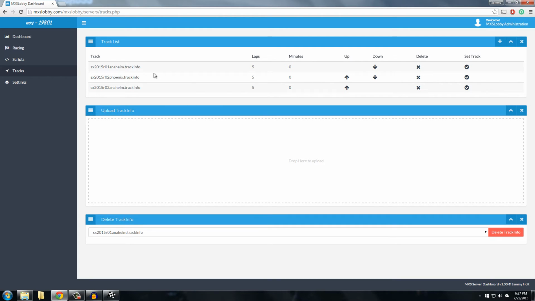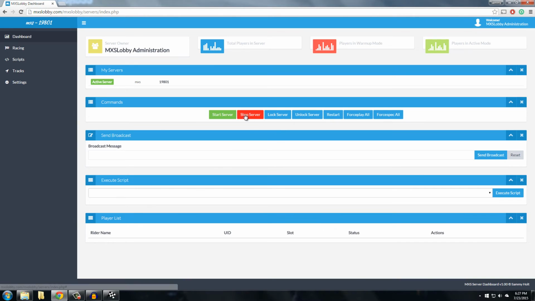There's actually one old thing that persists from the old control panels: in order for the changes on this track list to take effect, you need to restart the server. And that's not a limitation I can fix as of the moment because of the way the game loads tracks. It needs to be executed on load the way I do it. So for now, we're just going to leave it like this, and then we're going to go ahead and restart the